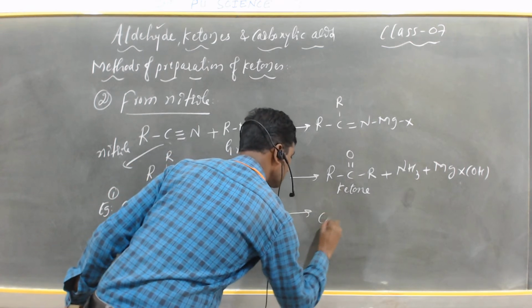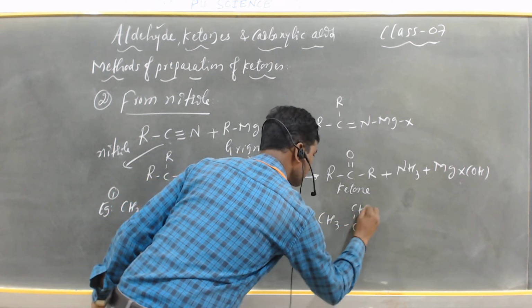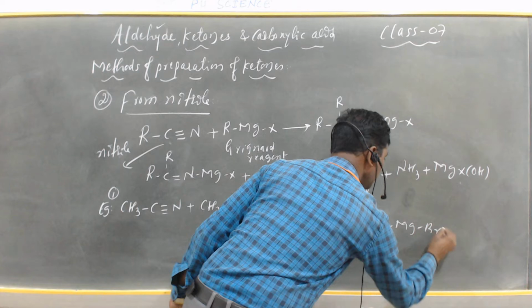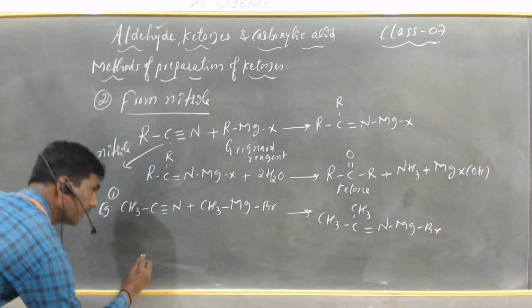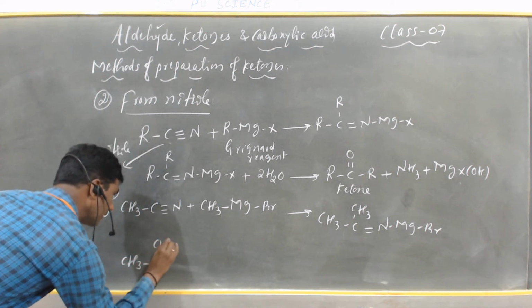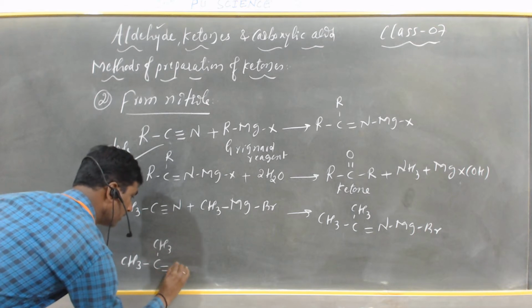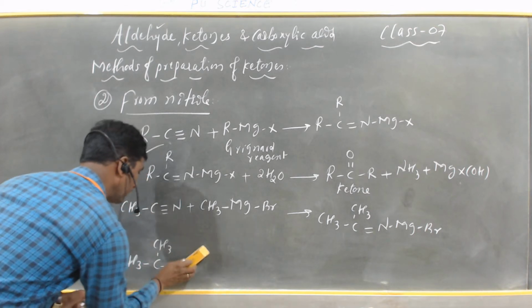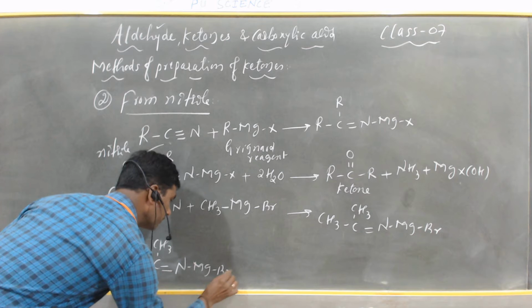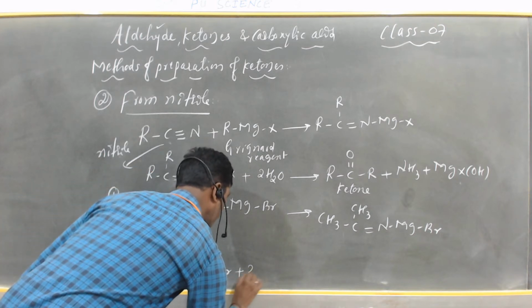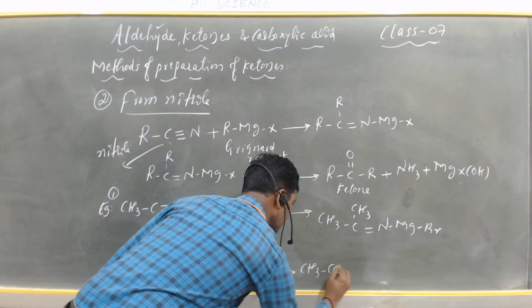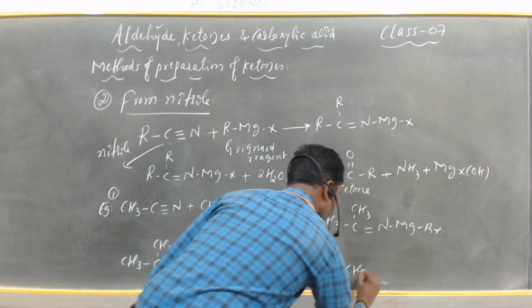By this it produces CH3 C double bond NMgBr with CH3. Now on hydrolysis with H2O, it gives CH3COCH3 plus